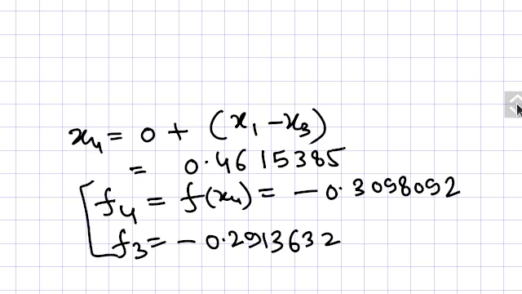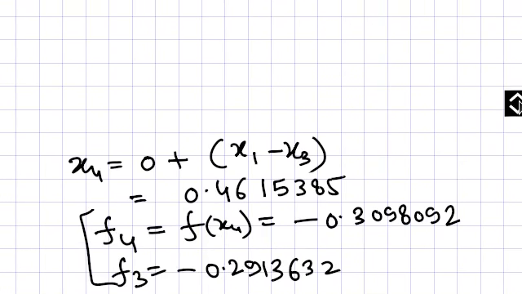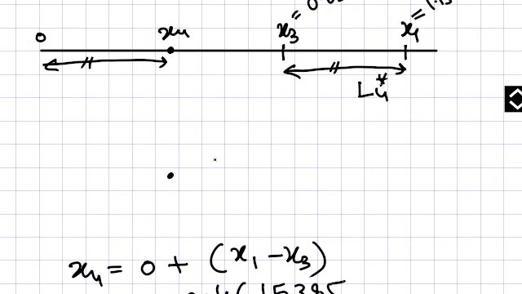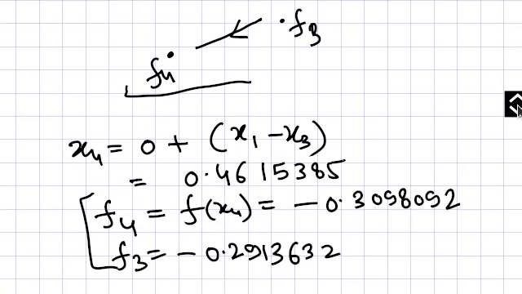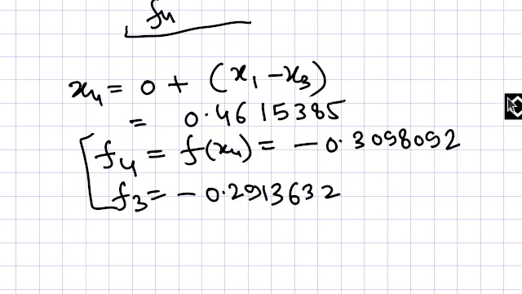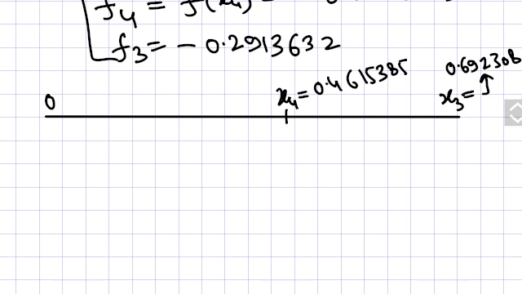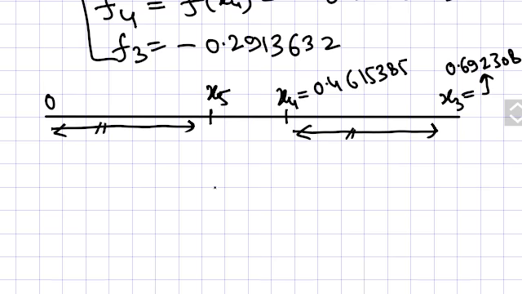f4 and f3, and you can show it here. You will find that at x4 the function value will come here, and for x3 the value will come here. So you can see the trend is like this, that the minimum is somewhere here, so it cannot lie here, so we will remove this section. In a new graph, you will see the section this way. In the fifth experiment, you will put a point x5 here, so that these two distances are equal, and it is very easy to do the fifth experiment.